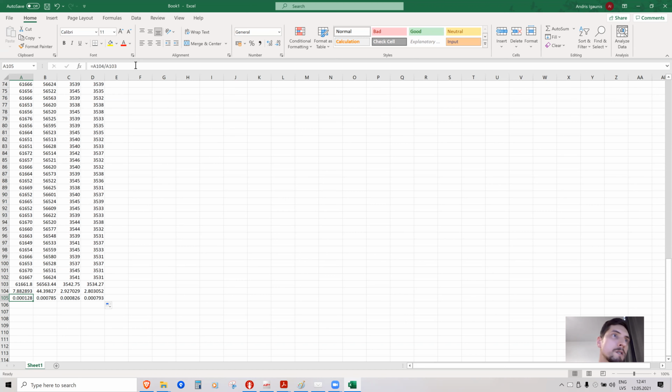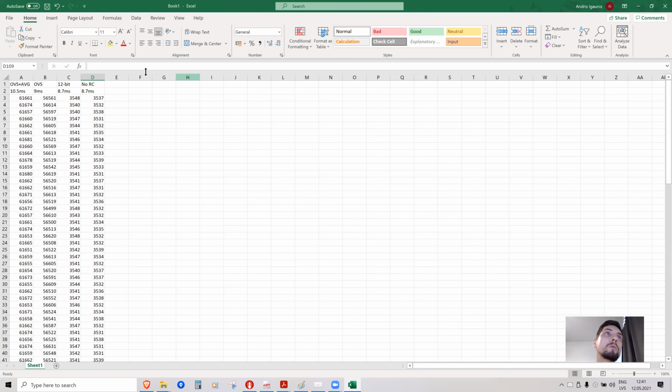And it's a small number, so let's multiply it by 1000. So equal to this number times 1000. And as we can see, actually averaging out 10 samples and removing top and bottom value reduced our relative variability greatly. What we can see here is, this column is with no filtering at all,